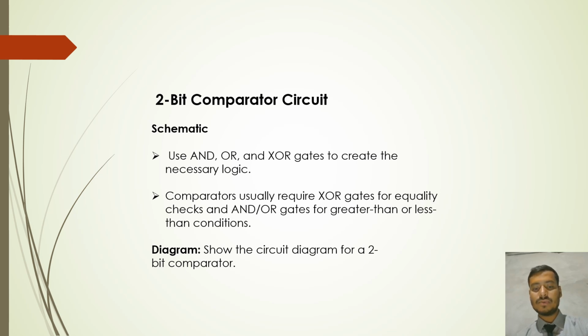Comparators usually require XOR gates for equality checks and OR gates for greater than or less than conditions. Diagram: the circuit diagram for a 2-bit comparator. Sorry, in my slide the diagram is not visible. So sorry for this. And my next slide is